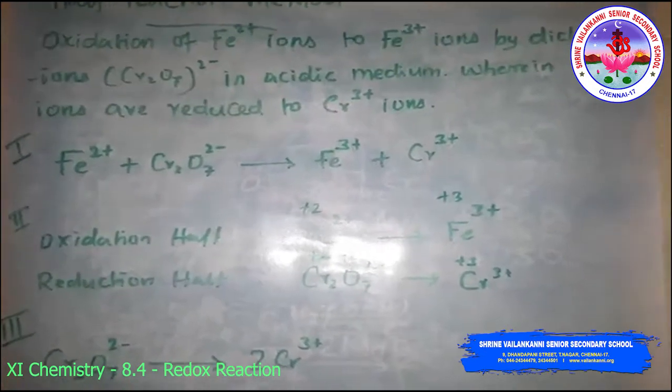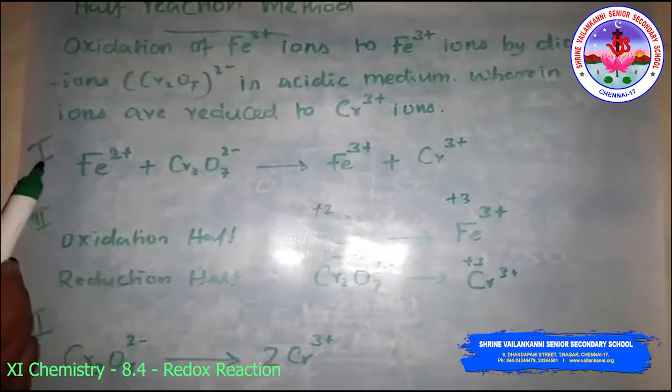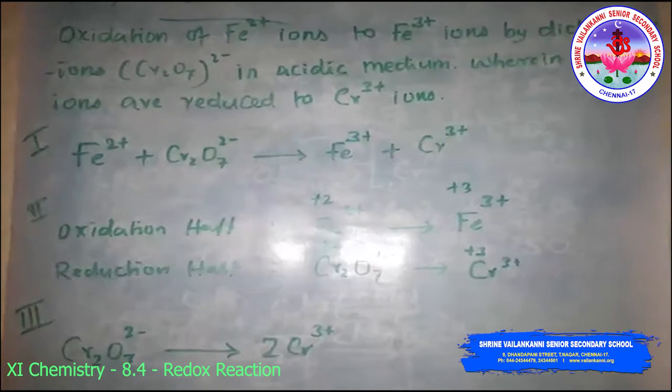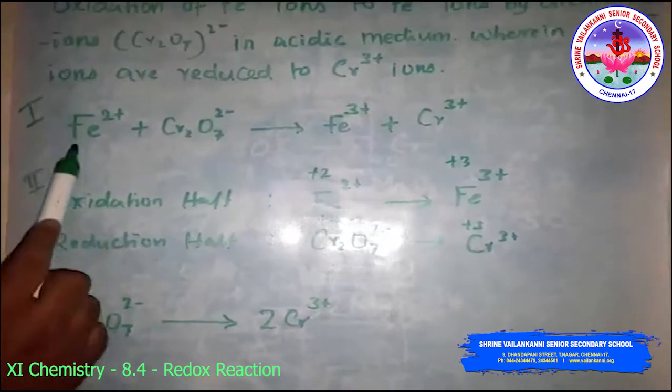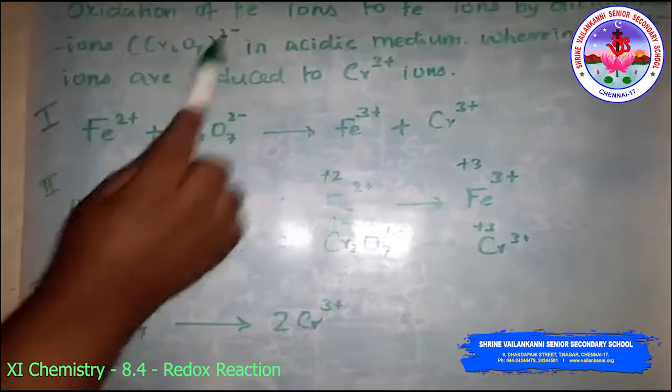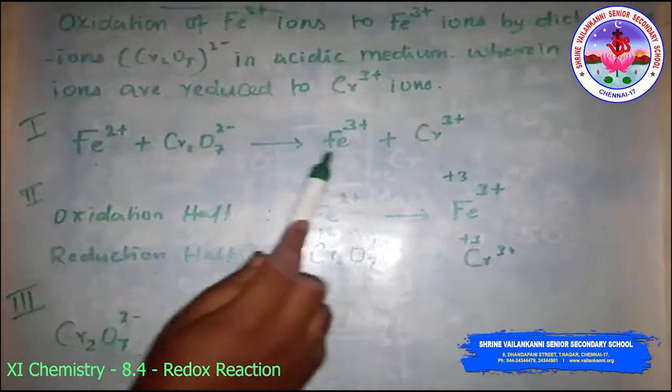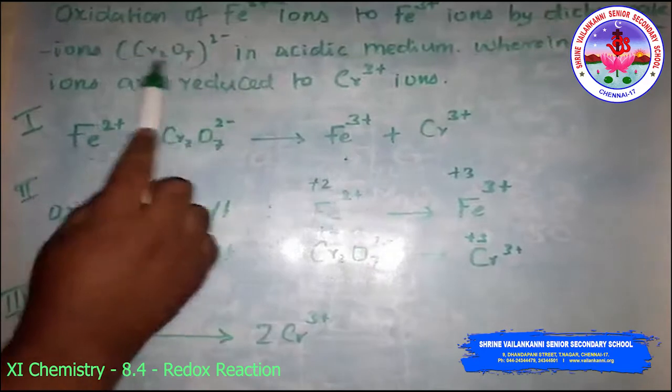First, produce the unbalanced equation for the reaction in ionic form. So here, oxidation: Fe2 plus to Fe3 plus. Then the dichromate ion in acidic medium